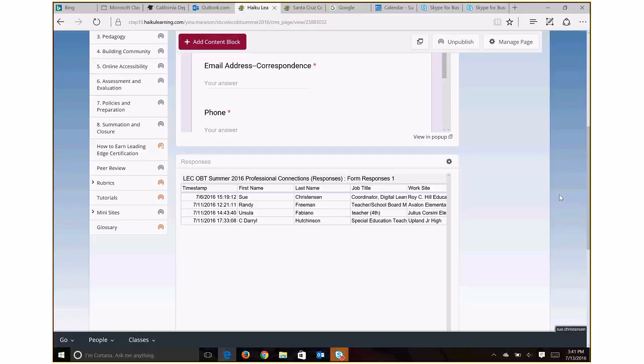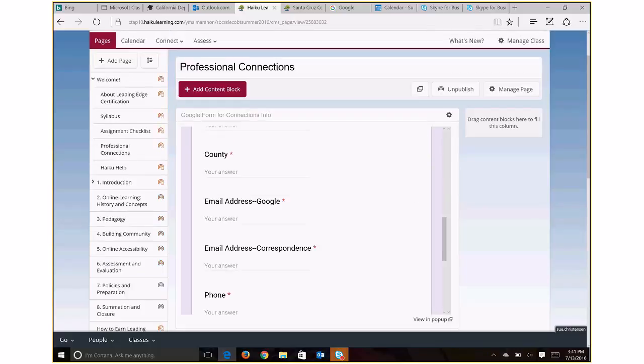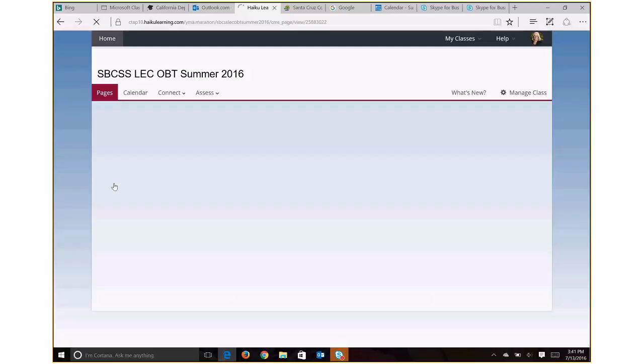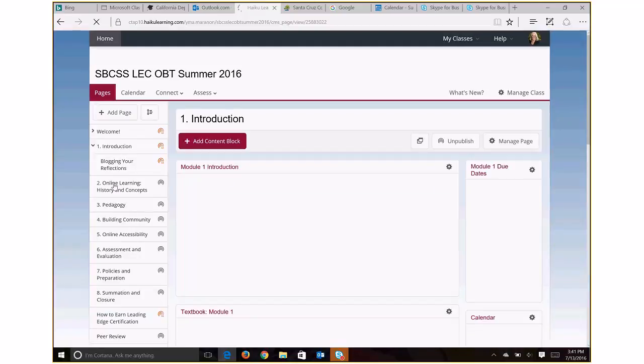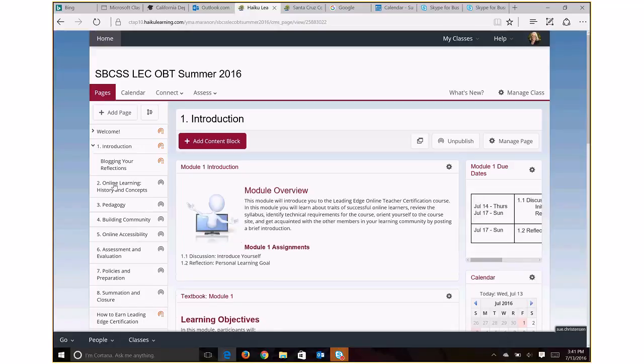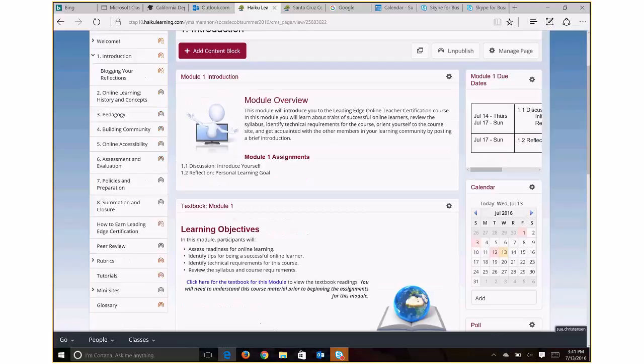Okay, so let's just dive in now to the introduction module 1. This first module is very short, very simple. It will familiarize you with all of the elements of the course without taxing you too much to begin with here. So anyway, what is it in module 1? You have a module overview. You have 2 assignments, which I also already mentioned.